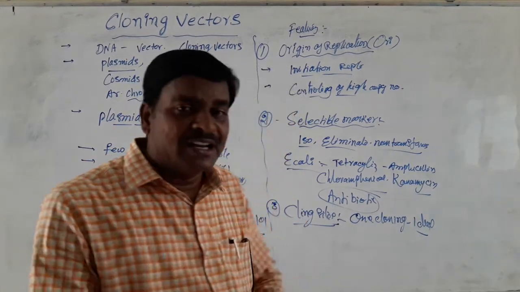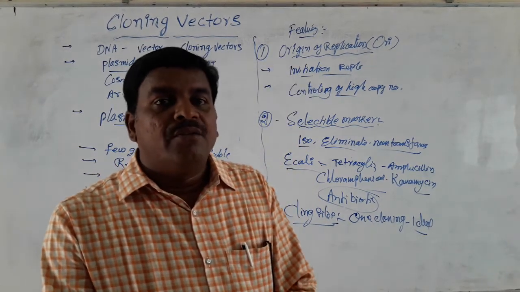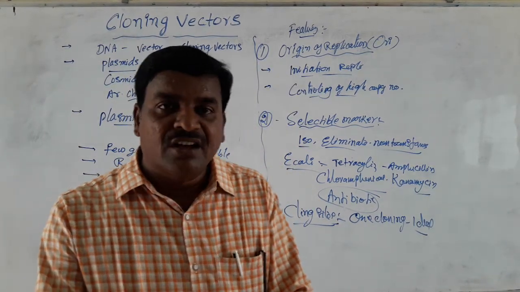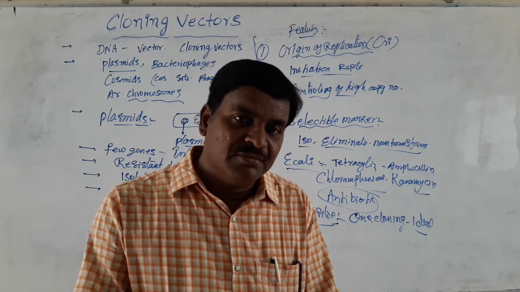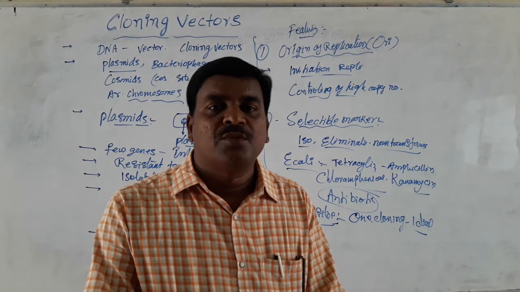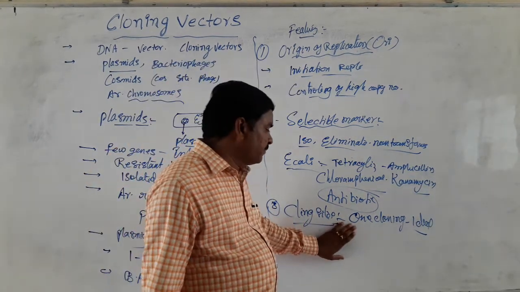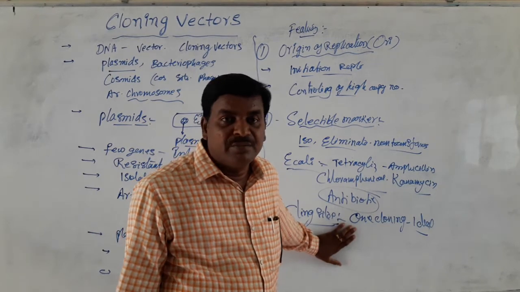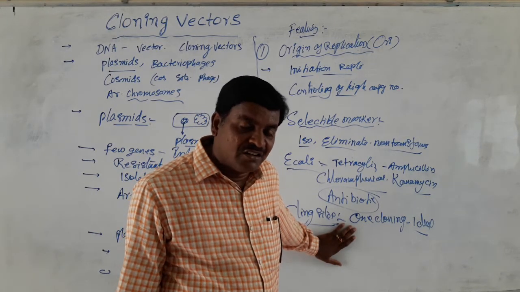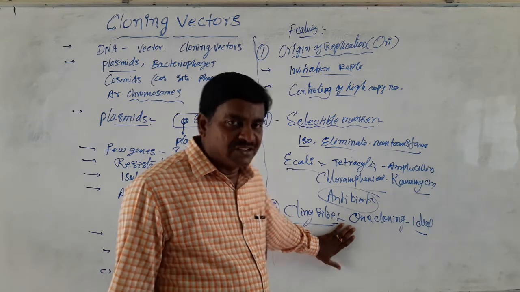When more than one cloning site is present in a vector for the same enzyme, it leads to the formation of several fragments. Ultimately, the total process will be complicated. To make it very easy, preferably only one cloning site. A vector with only one cloning site is very suitable, a very ideal vector.